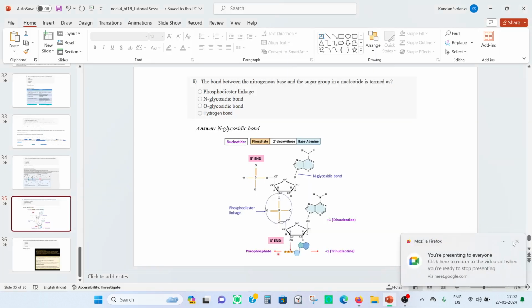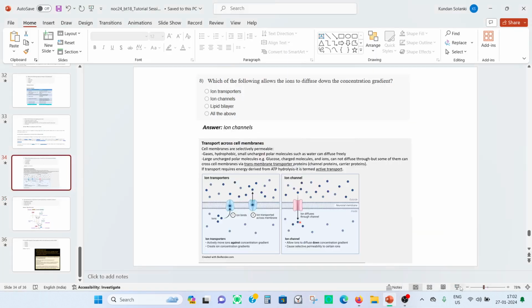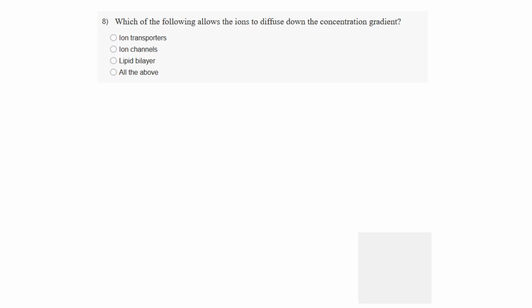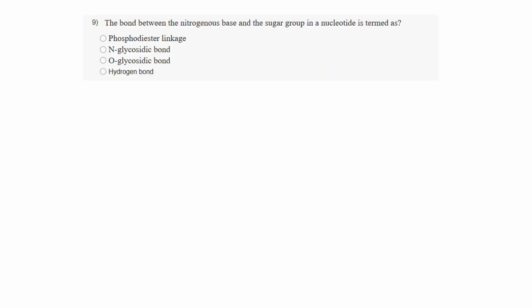If it's sugar and nitrogen base, then it is an N-glycosidic bond. Yes, the phosphodiester bond will be formed between which residues? That is what I'm asking. Phosphodiester bond is formed between two nucleotides. The N-glycosidic bond is between the sugar and the base, and the phosphodiester bond forms between the two nucleotides. If you want to be specific, then